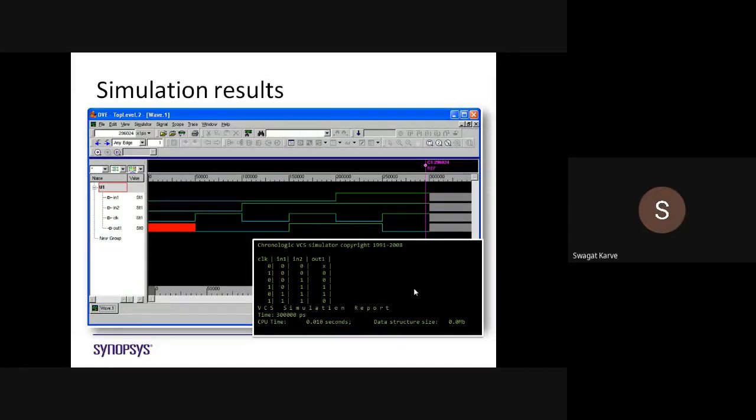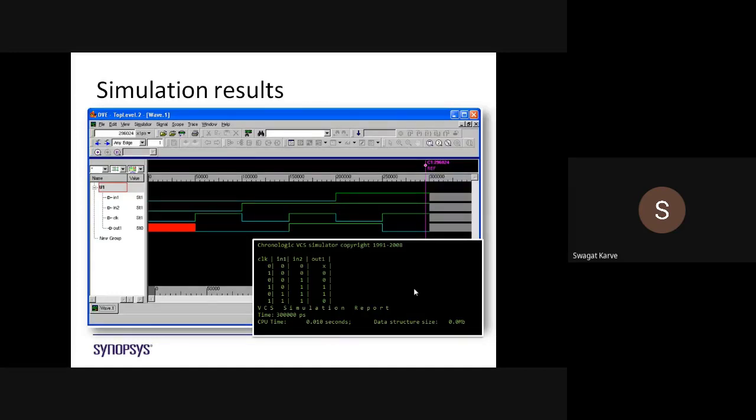Okay, and this is the window that you can see for the test bench. We have already conducted one practical using Verilog code. After completion of probably this unit, we will engage some practical sessions also.